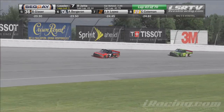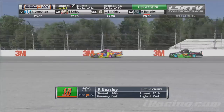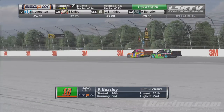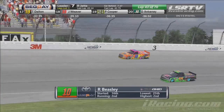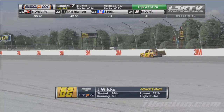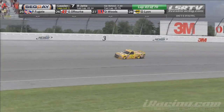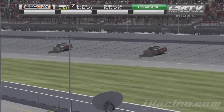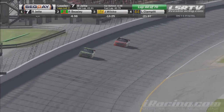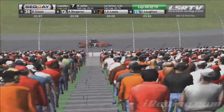So those drivers may be trying to make it a little bit for caution here to give them some track position. But you can definitely see the speed difference for those drivers on the older tires. We'll see this time by Rich Jett, the type of laps he's putting up. Last time was a 43.1. This time a 43.4. And then you look back to Logan Clampett, a 40.9, so 3 seconds difference between the